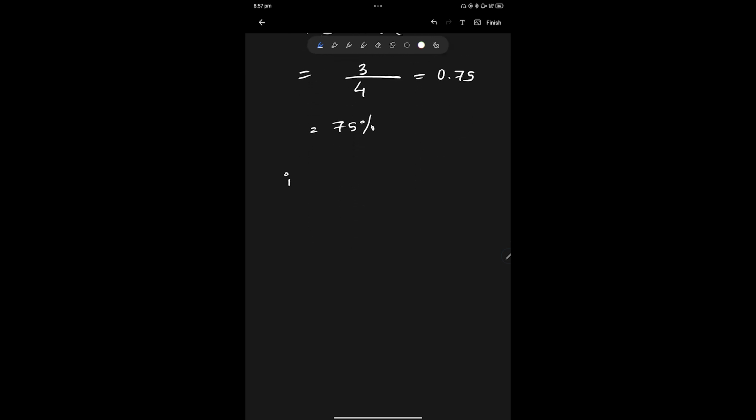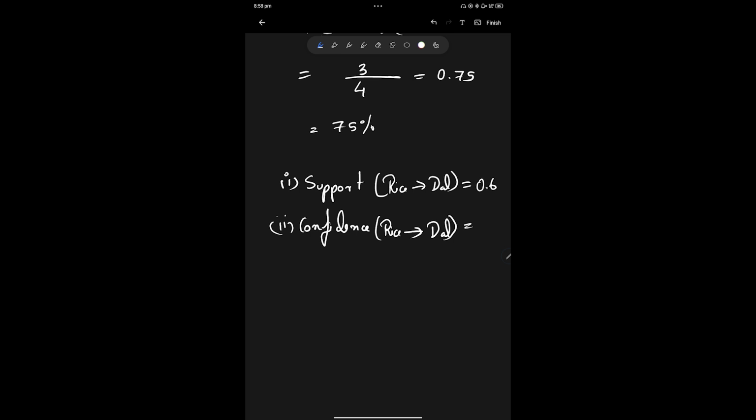So the final answer will be: first, support, and second, confidence, for rice to dal. The support is 0.6 and the confidence is 0.75, or you can write it as a percentage: here 60%, here 75%. Okay,